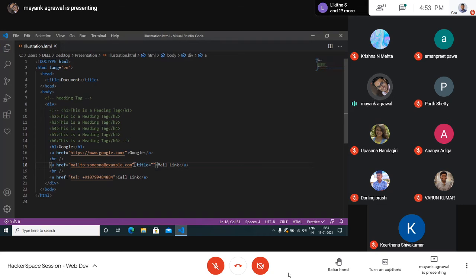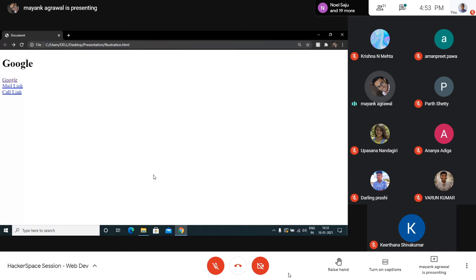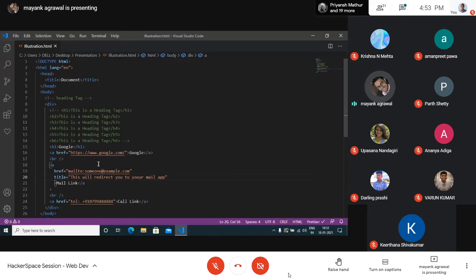Inside this I write something like this will redirect to the mail app. When I refresh and hover on this, I get the info that if I click on this, it will redirect me to the mail app. So the title is used for that.